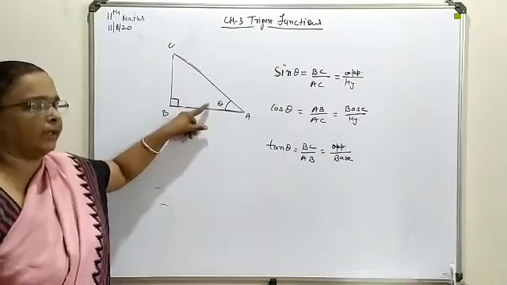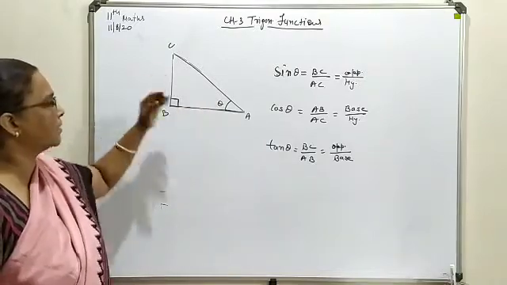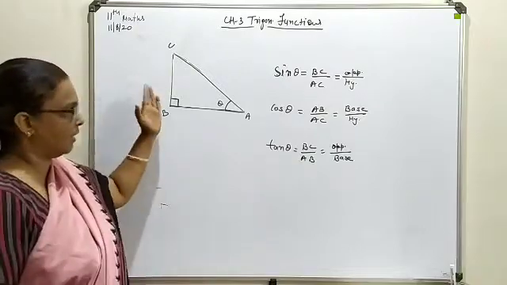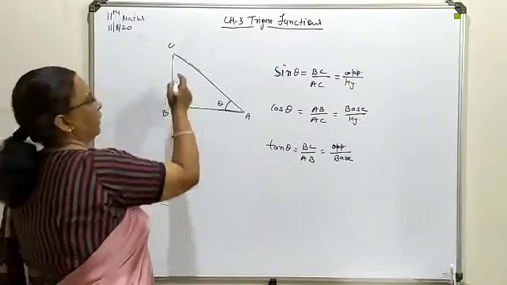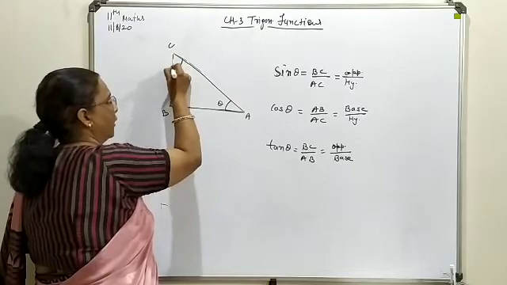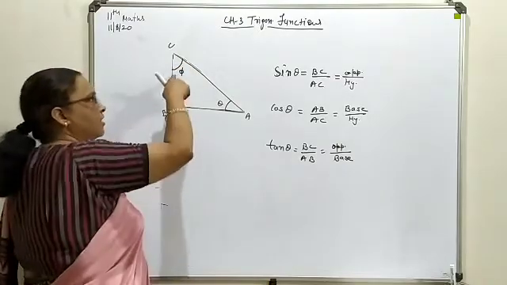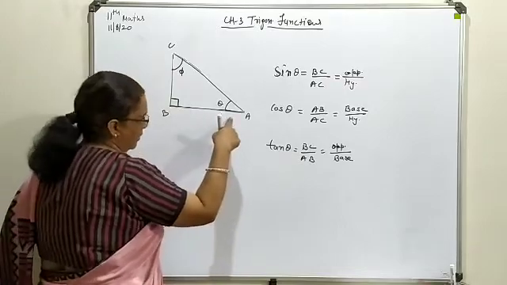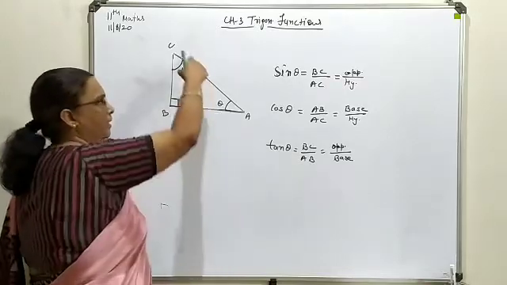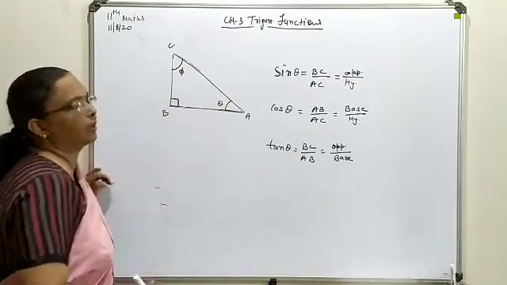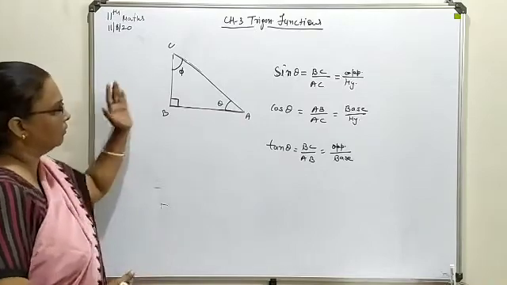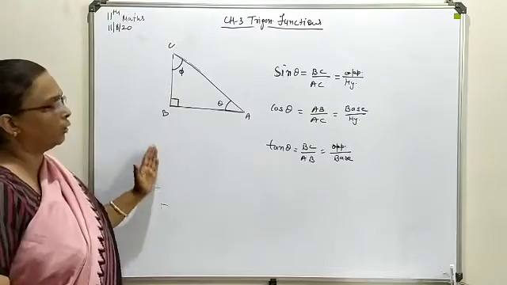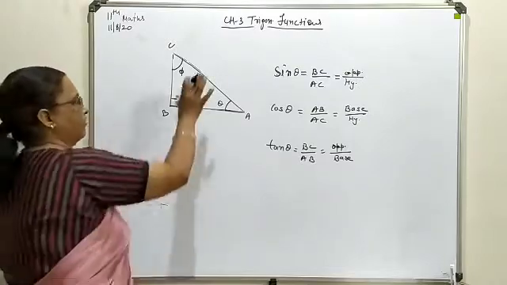So this way these are the basic terms you can define on basis of the given acute angle. Always with respect to the acute angle, your opposite side and base position will be defined. Suppose in this same triangle, if you write this angle over here as phi, then with respect to this phi, this will be considered as base, this will be considered as opposite side, and the hypotenuse position will remain the same. So as per the position of this angle, your trigonometrical ratio will be defined.